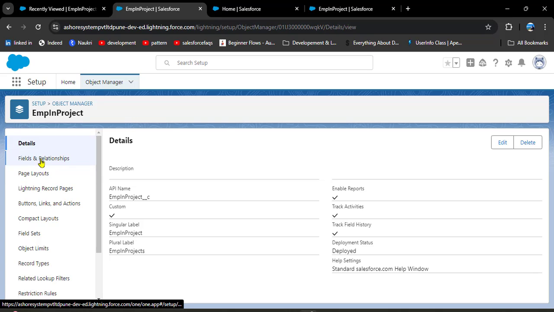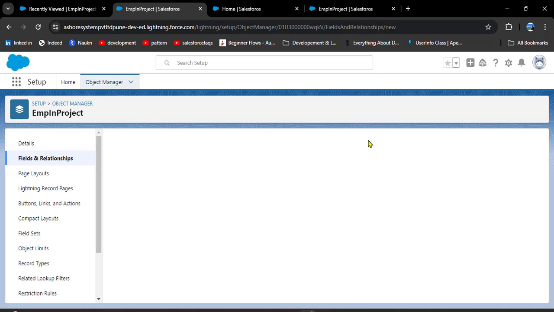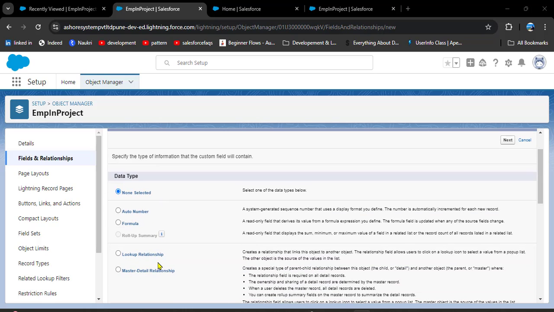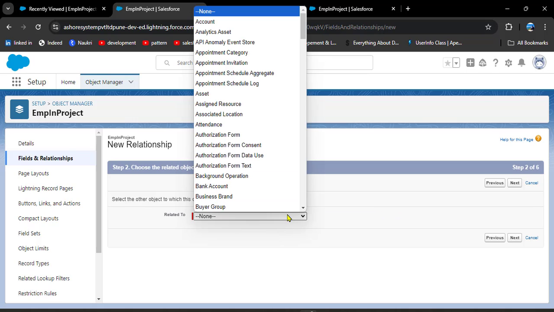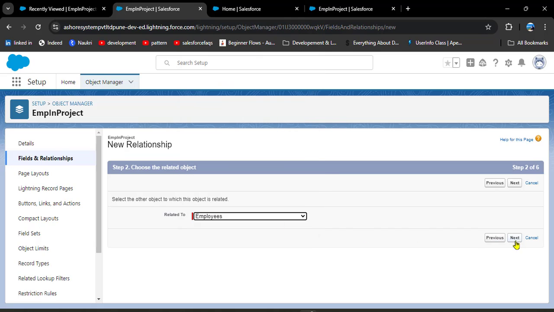Click on the object and then go to the Fields and Relationships. In that, click on the New button to create a new relationship, and then we need to create a master-detail relationship. Here you can see under data type, we have master-detail relationship. Click on it and then click on the Next button. Then here we need to select the related object. First we will create it on the employee object, so search for employee, select it, and then click on Next